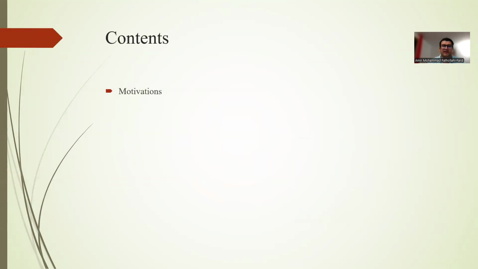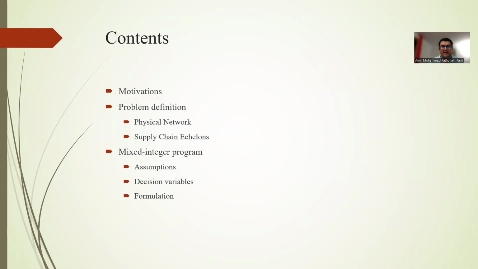We first motivate this problem and define it conceptually, including how the physical network is defined, the supply echelons, and the elements of the problem. We define a basic mixed integer program for the closed-loop supply chain network design problem, and finally, I will provide a coding example of how we can formulate and code this optimization problem in